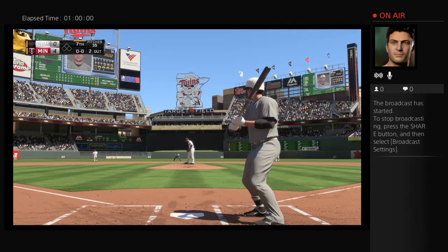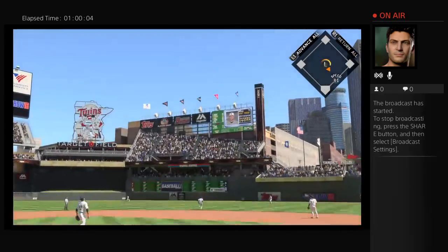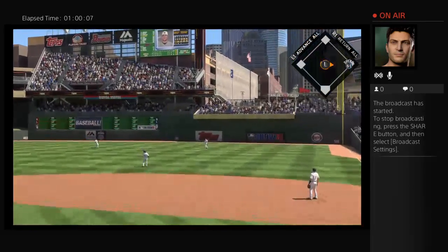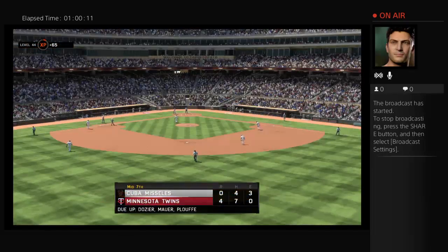He's singled in 2 trips thus far. Pulled high in the air out to right field. Plouffe is underneath this one, and he will make the catch, so that'll do it. It's time for the